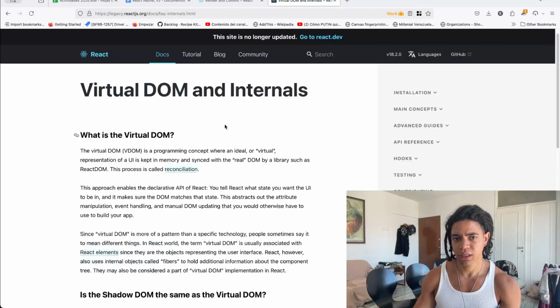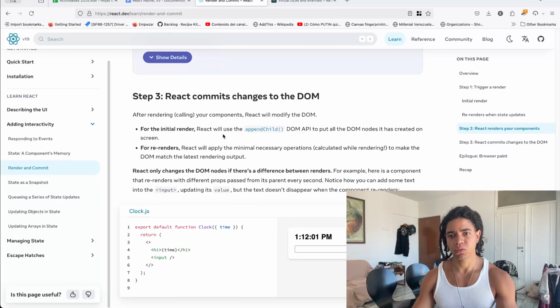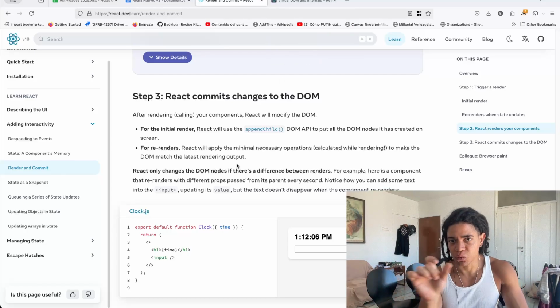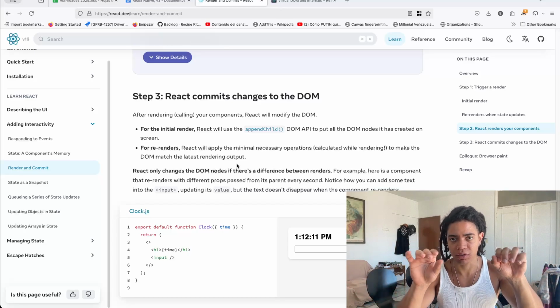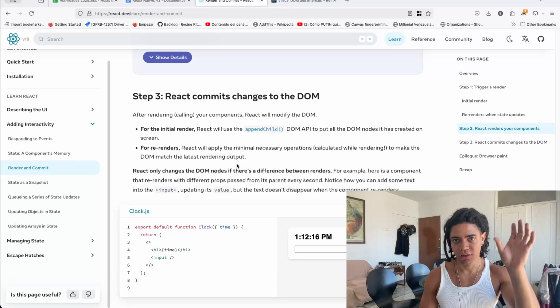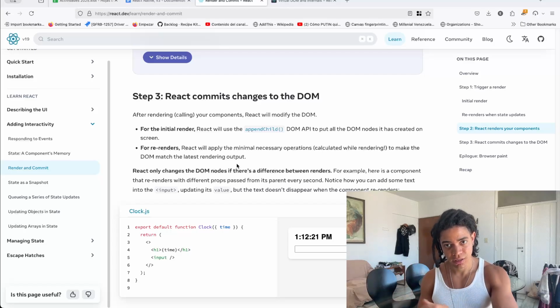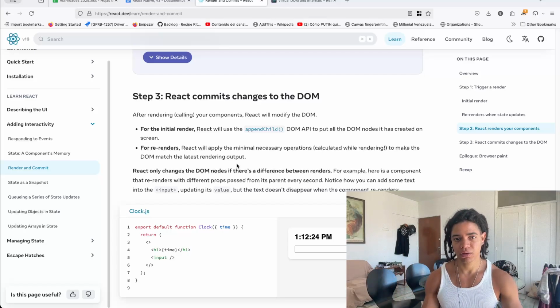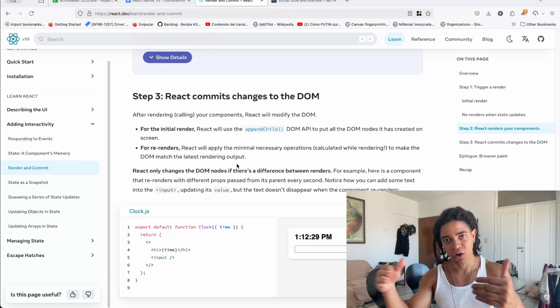So in any case, this is the idea here. Why am I mentioning this? Because this particular mechanism, React, at the end of the day only takes care of rendering your UI elements, and they have these different phases: the trigger, the rendering, and the commit. On the commit, if this is the initial rendering, of course, it calls all of these